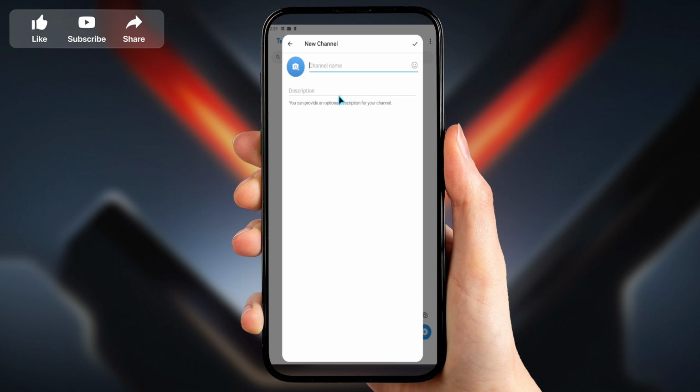Telegram will now ask you to enter the basic details for your channel. Type in the name you want your channel to have. Choose something clear and recognizable, especially if you want people to find or understand your channel easily. After that, upload a profile picture. This helps give your channel a more complete and professional look, and it also makes it easier for people to